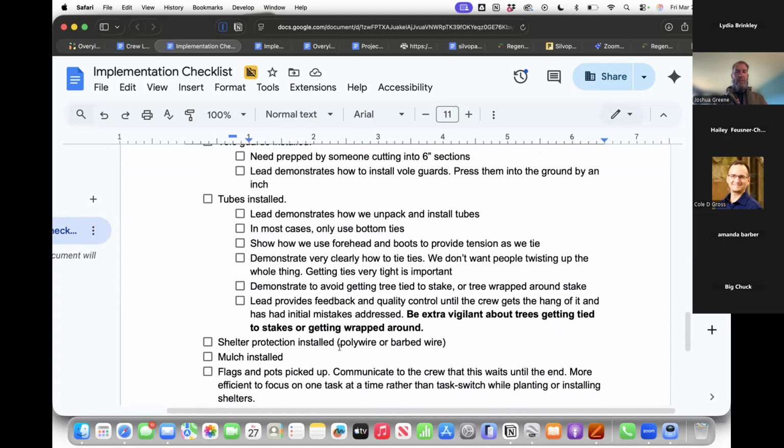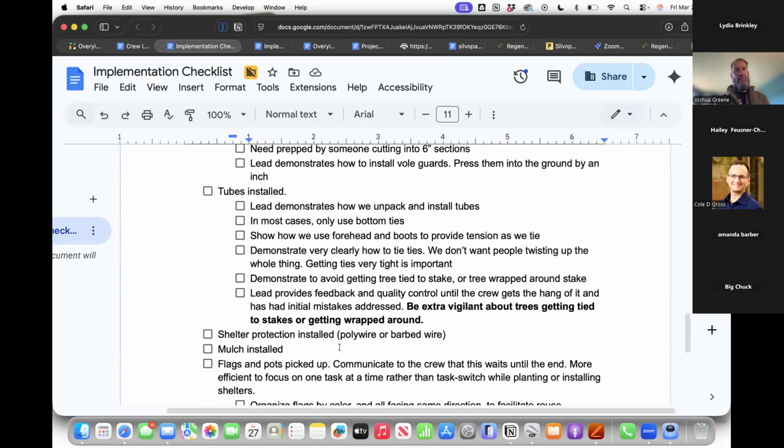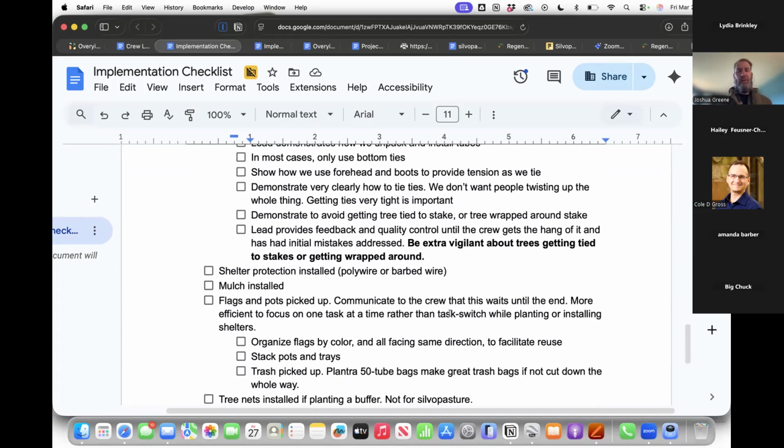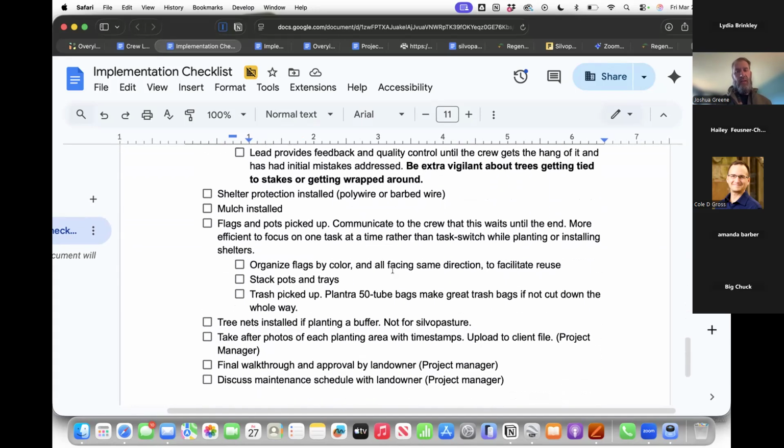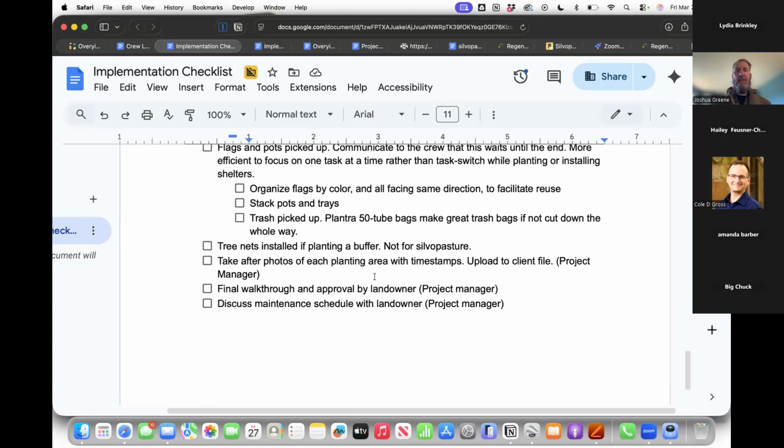And there's a lot of little things that have to go right. None of them are particularly hard, but a lot of these little tricks and tips we've collected over time just help the job go well. So this is all the little steps that our crew leader will have to be involved with, and then it always ends with the project manager being there, approving it,